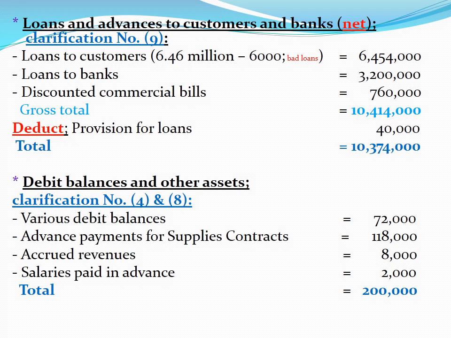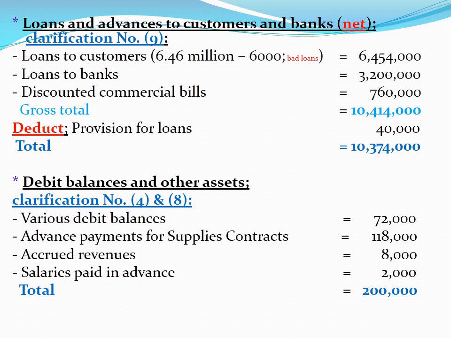Loans to banks from trial balance, 3,200,000. Discounted commercial bills, so 760,000 from the trial balance. Discounted commercial bills, why are we taking it here? Because this represents loans to customers, because we discounted commercial bills for them until we collect these bills at maturity. Gross total 10,414,000. If deducting provision for loans 40, it gives me